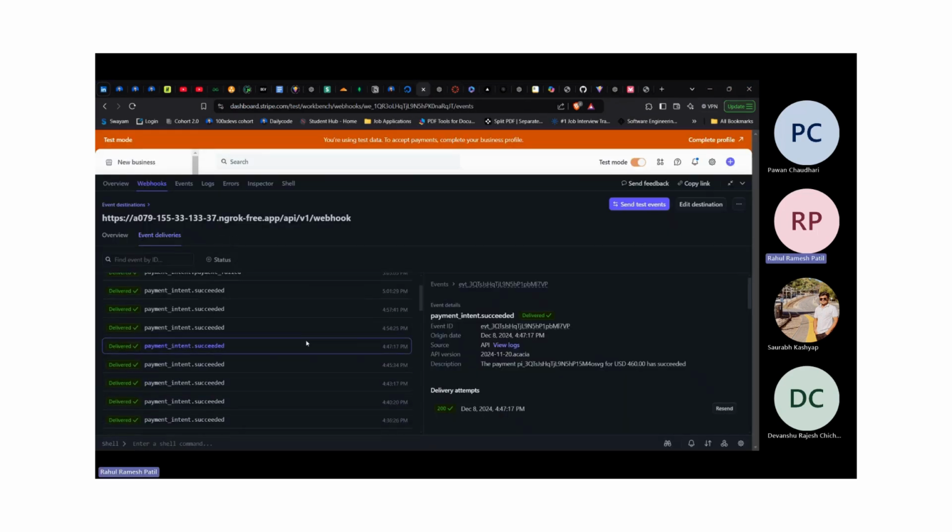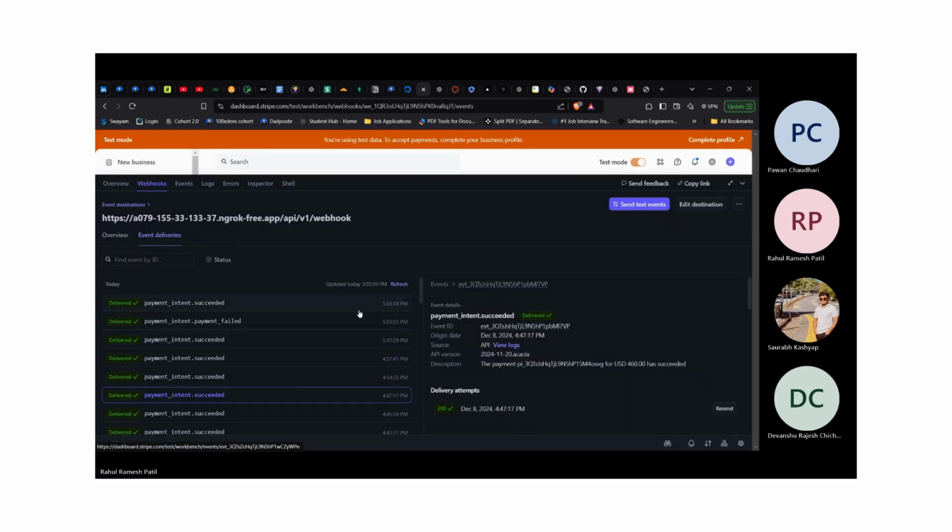So here, now let's look at the Stripe dashboard. Stripe sends us the updates to our backend via the webhook endpoint. So whenever there is a change in payment status, here we can see that the event is successful. Here the time is 5:42. That's our latest transaction. So now let's look at the backend logic in the webhook controller